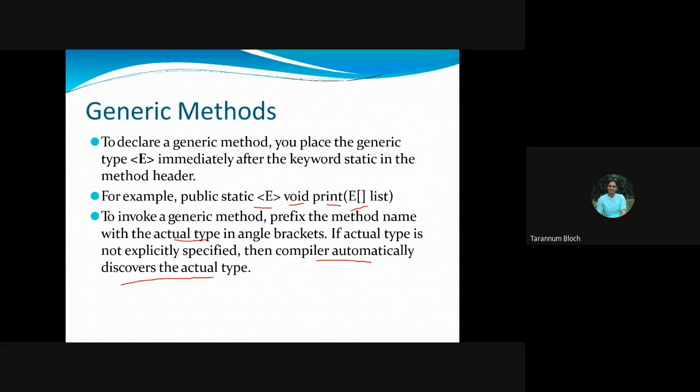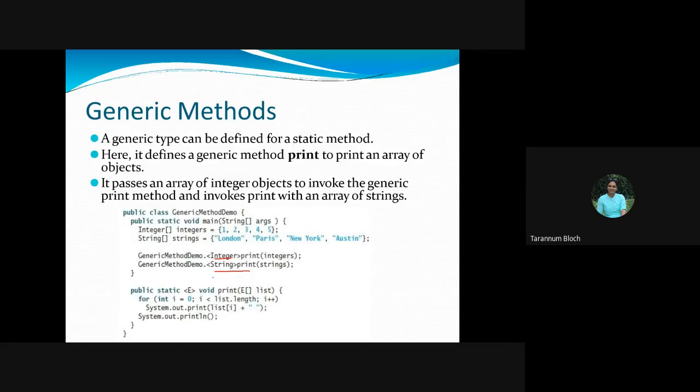Method calling. Okay. Now, in general, when you call a method, suppose this is not a generic method, then what will we do? We'll just write the method name and pass the parameter. Right? Method name and parameter. But as it is generic, how will you call it? You'll call it with a class object, or you can go with the class name, dot, method name.